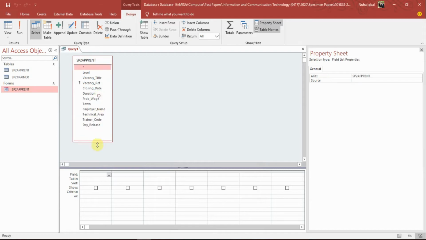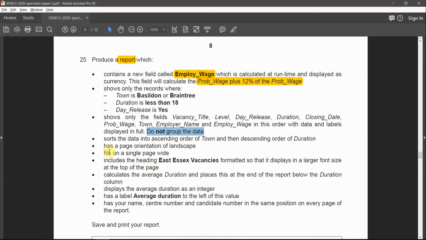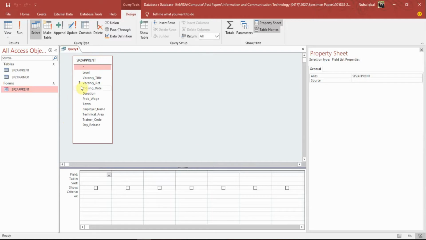Which is the SP2 apprentice. So the only fields needed over here, let me remove this as I still didn't do it. The fields that we're going to need are from vacancy title over here. So I have to add them in the right order: vacancy title,